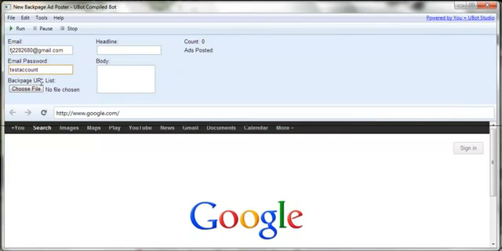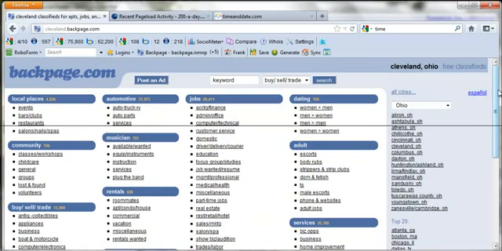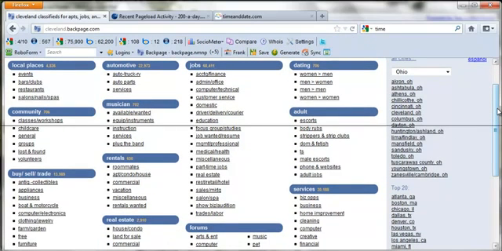It says Backpage URL list. Let me explain what that means super quick. Okay, so I'm just going to pick any one of these links. It doesn't matter because it's all the same. So I click one of those links. This posts ads to the biz opportunity section only. I repeat, business opportunity section only. So when I click the biz op section